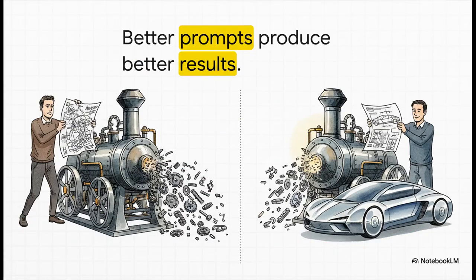And that leads us to the core idea here. The problem isn't actually the AI. Think of it like an incredibly powerful engine, but that engine needs clear directions to get to the right destination. The quality of your output is always, and I mean always, a direct reflection of the quality of your input. A vague prompt is just going to get you a vague answer.